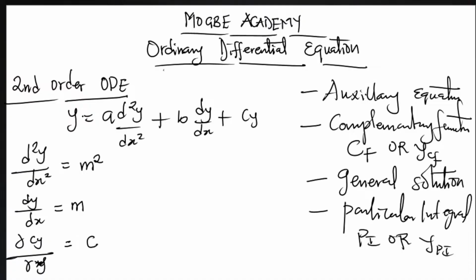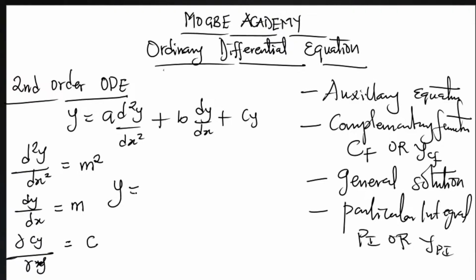Remember, our given equation was y is equal to A d square y over dx square plus b dy over dx plus cy. We want to get the auxiliary equation from our given equation. So what will your new equation be? Your new equation will now be